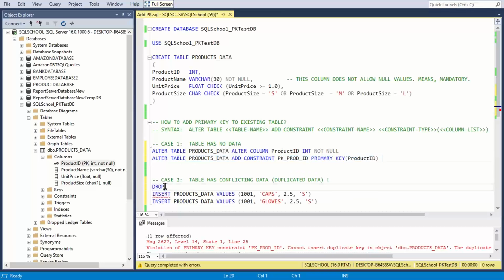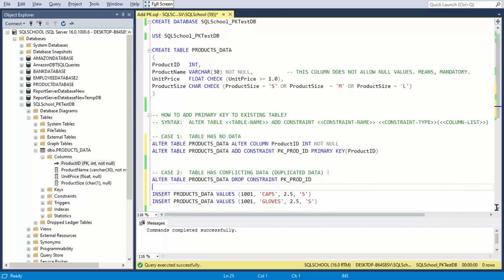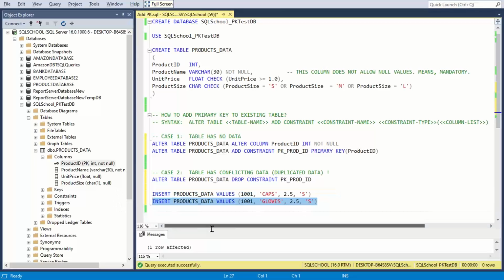See there, alter table name, drop constraint name. This is how you can drop the primary key. Why drop it? It's not mandatory, but to understand our second scenario, I need to drop the primary key and then insert duplicate rows.